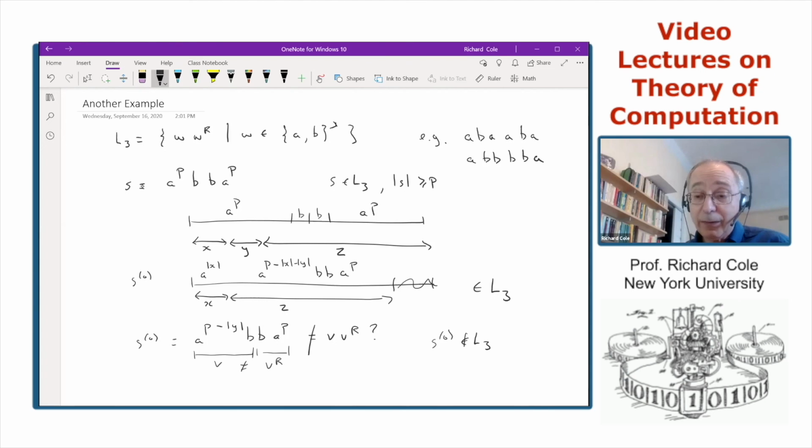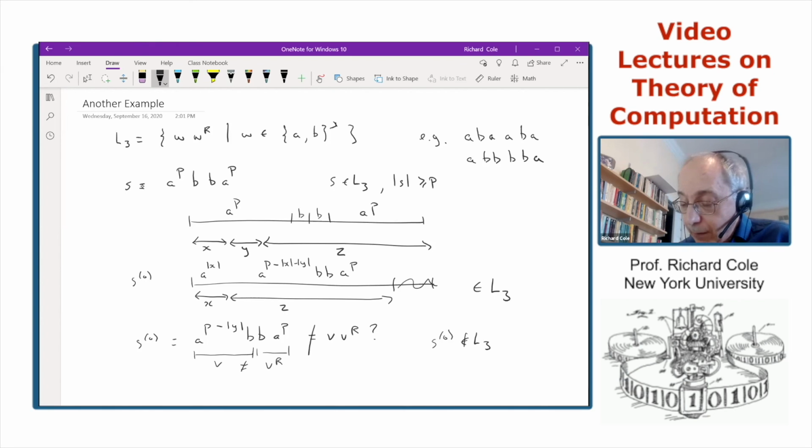a correct assumption. Let me say, when you're writing out an argument that a language is not regular using the pumping lemma, you should write it out properly. That is, you should write down, suppose that L3 is regular. Then the pumping lemma can be applied to L3. For lack of space on this slide, and in order to get through the lecture in a reasonable time, I'm not writing out all these details.